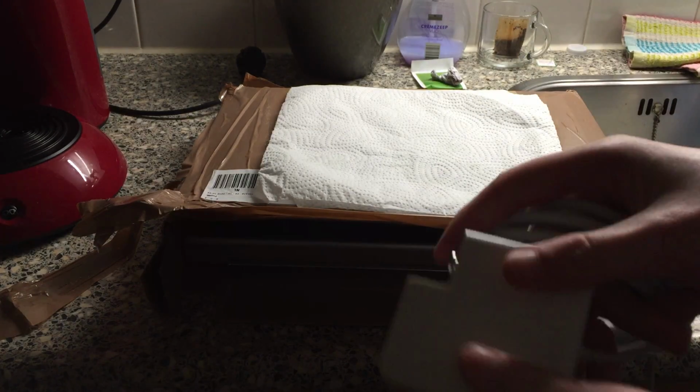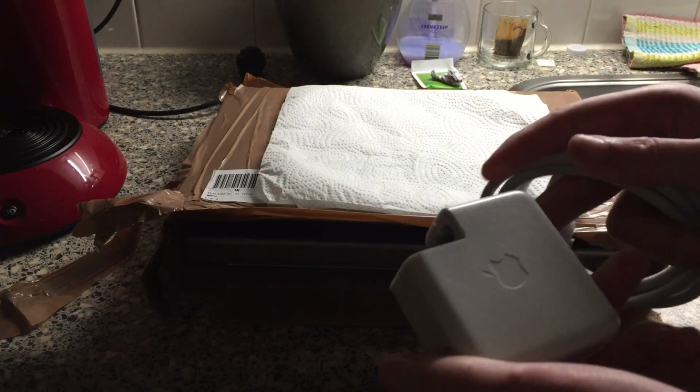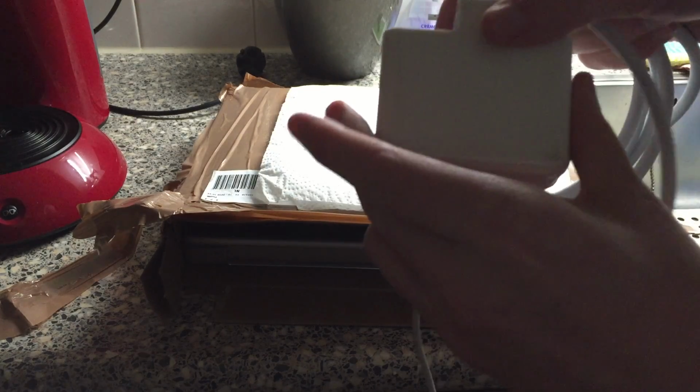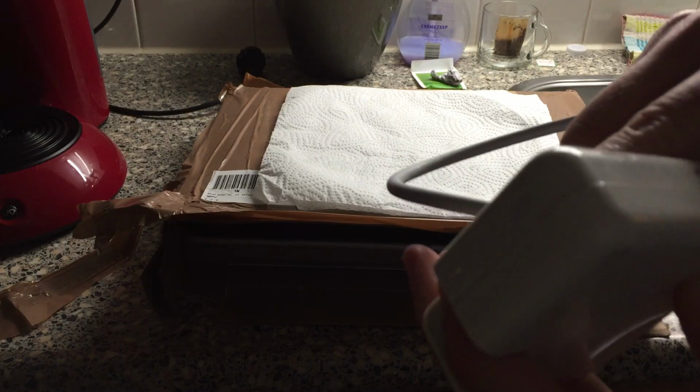Let's see. By the way, like I said in the previous video, I was in fact prepping a little PowerPC project. As you can see, it is a PowerPC notebook. Well, you don't know yet, but anyway,